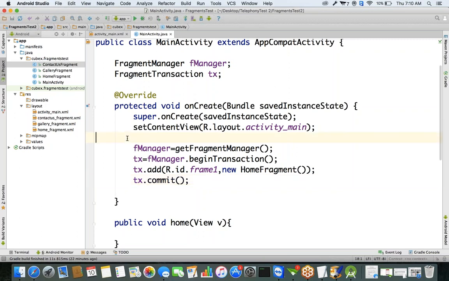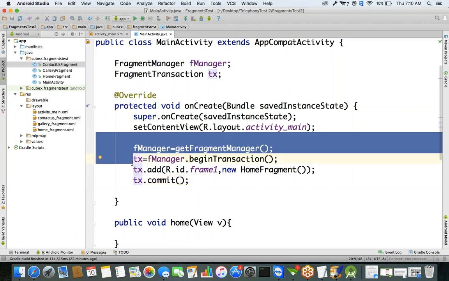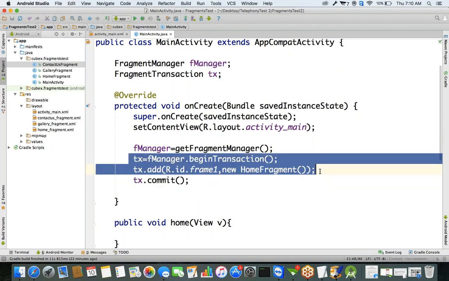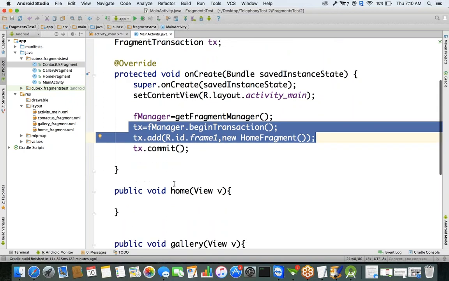Get the object for the fragment manager. Initialize the fragment transaction, and we are specifying this by default. That's why we are using the add method. By default, display this home fragment. Okay, transaction.commit. Now when the user selects the home button,